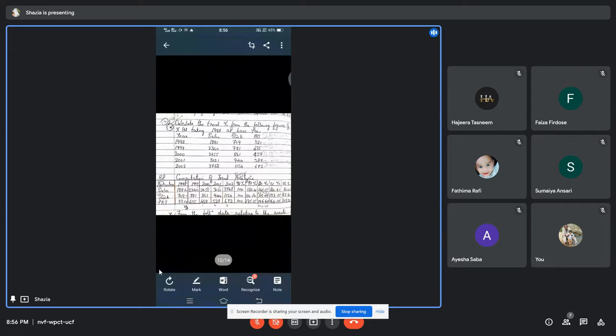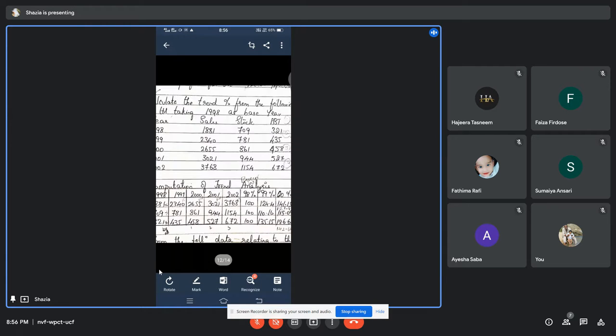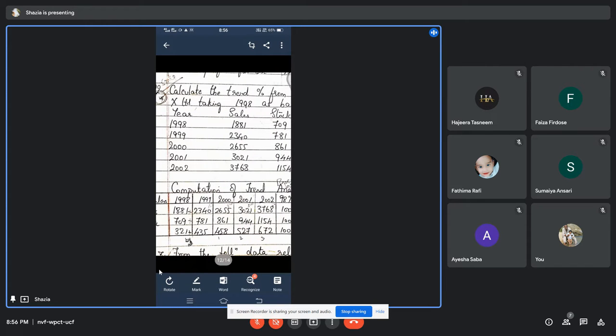So now see here, the year 2000. No, from 1998 it is starting. So what is the thing here? See, it is given to you in the form of vertical way now. Okay, it is not in horizontal. Now the information is given to you in the form of vertical way.